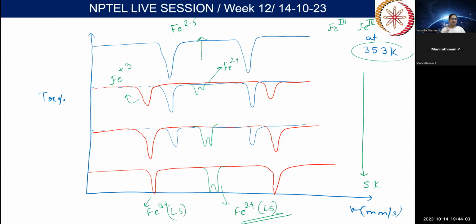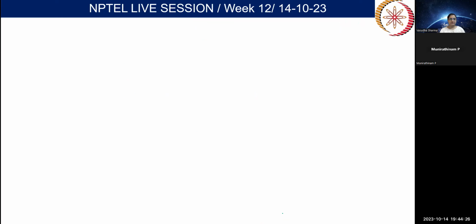Why are we saying iron 2 low spin in this one? Firstly, the delta value has to be less than that of iron 3, but why is the splitting so small? So how Mössbauer spectroscopy could tell us that when we decrease the temperature from 353 to 5 Kelvin, the two irons which were expected to be in the +3 oxidation state go from 2.5 to iron 3 and iron 2. So this happens if we consider iron in 3 plus. So when we are